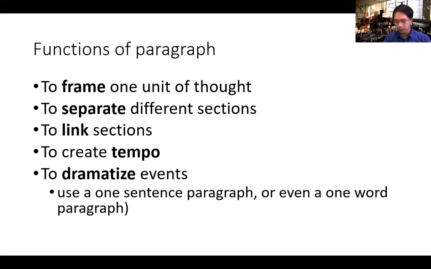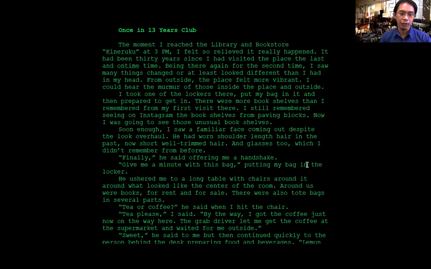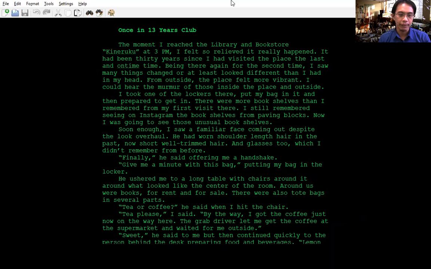Now, as usual, I would like to give you one example from my own draft, which I have told you earlier I will have to revise, okay? Now, let me share that rough draft of mine. By the way, I like to use this software called Focusrite when I write, because it gives me the option of how the page will look. And in my case, I like to make it look black with green letters like this.